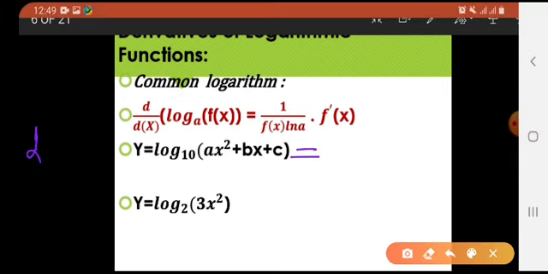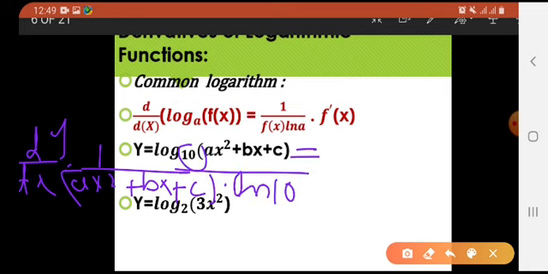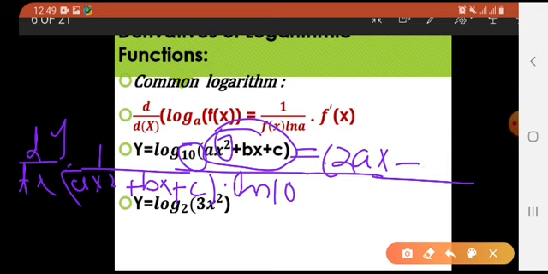Okay, so here would be the answer. dy by dx would be equal to 1 divided by ax square, मतलब the function जो भी आपका है, plus bx plus c into natural log of 10, whatever the base may be here, and numerator में what would we have? Derivative of this function. अब क्या function का derivative होगा? मैं direct करूँगी because we are now on exercise 2.6, right? A being the constant ऐसा ही रहेगा. X square का derivative would be 2x, so it would become 2ax plus, look at this bx, b being constant ऐसा ही रहेगा, and derivative of x would be 1, so I will be just writing b because b into 1 would be b, plus derivative of c, which is a constant, would be 0.